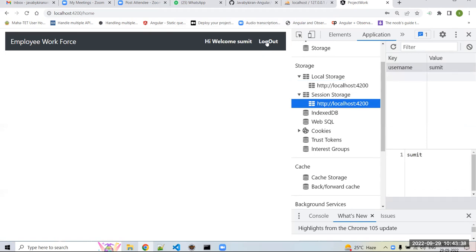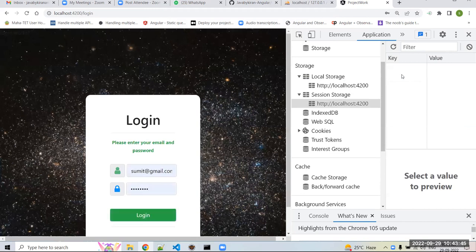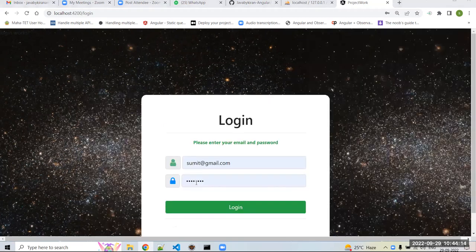If I click on that logout, when we click on the logout, see here, the data is not present in the session storage because that data is removed and cleared. All the data is cleared from the session storage as well. Okay, so it is an advantage for us for authentication purposes also. We have to store the data. Whatever authentication token we get from the backend, we can authenticate with that token to decide whether to display other dashboard components or not. For that, we use a session storage as